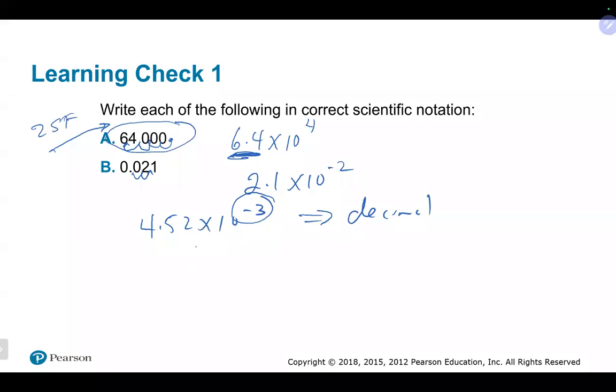So that could help you decide which way you should go. We would need to go to the left here 3 places, so 1, 2, and 3 places, because then we would put zeros in front of that and make it a small number. If we went the opposite way, we would put zeros at the end, which would make it a larger number, which is what it should not be. So in this case, we will end up with